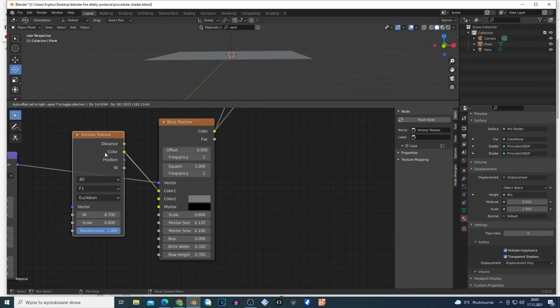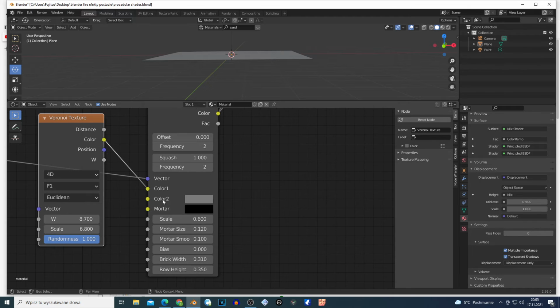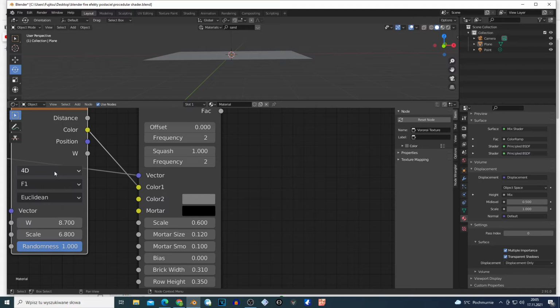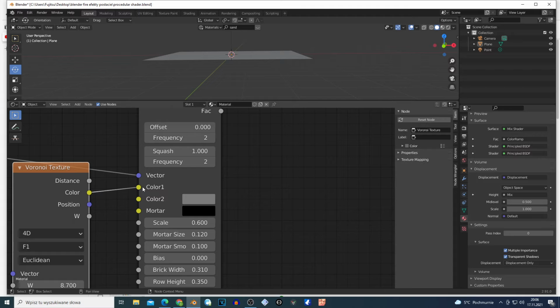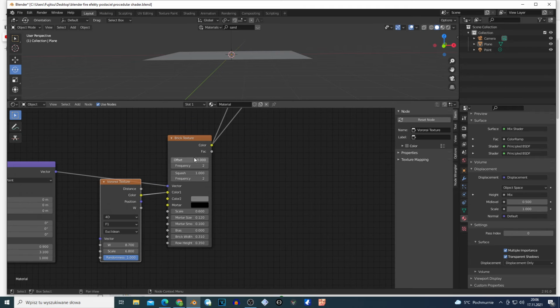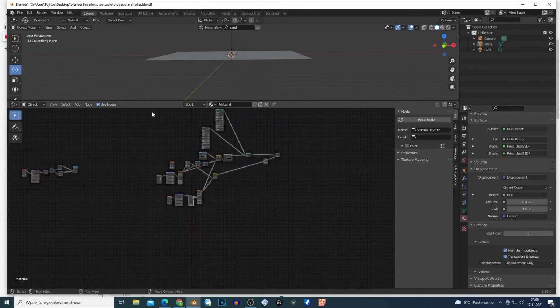Yes, sci-fi. So Voronoi texture, go to the first color right here from the color and change this to 4D, guys. I have value like 8 right here. I have the parameter. I can change the shape of this kind of above stuff. Yes, the roofs, if that makes sense, of those pop-up stuff right here. Scale 6 1 right here, color to the first color on this brick texture, and this brick texture, guys,